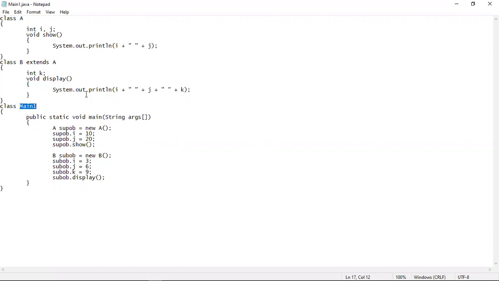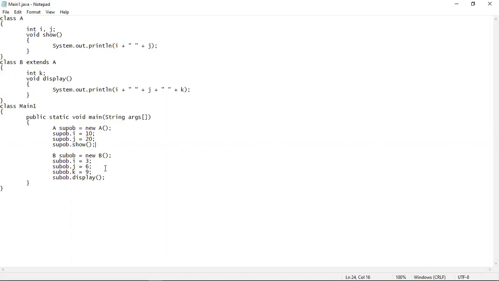all these things. Now, one thing you can see that this portion, the highlighted portion of the code, is not actually needed, because I have used this portion in order to make you understand that you can also do this. That means you can also create a superclass object in order to pass values into its instance variables and to call its method. But if you want to pass values into the superclass variables only, then you can also do it using the subclass object.